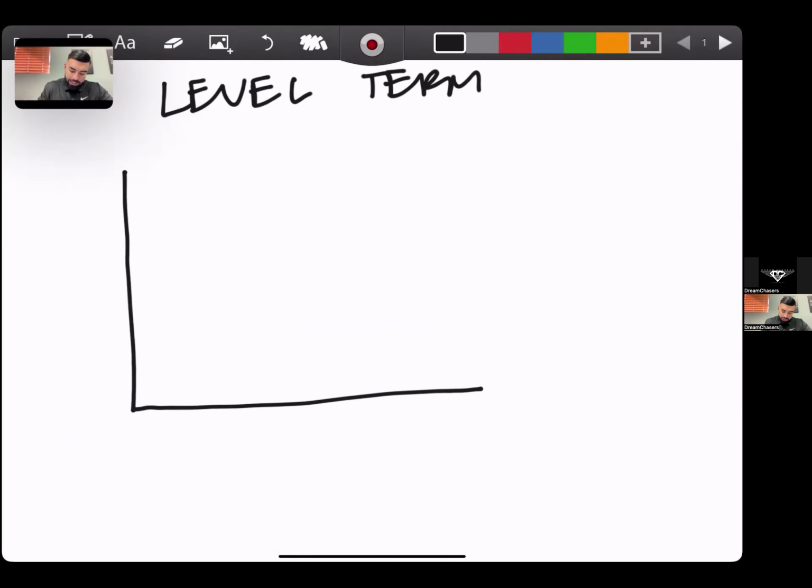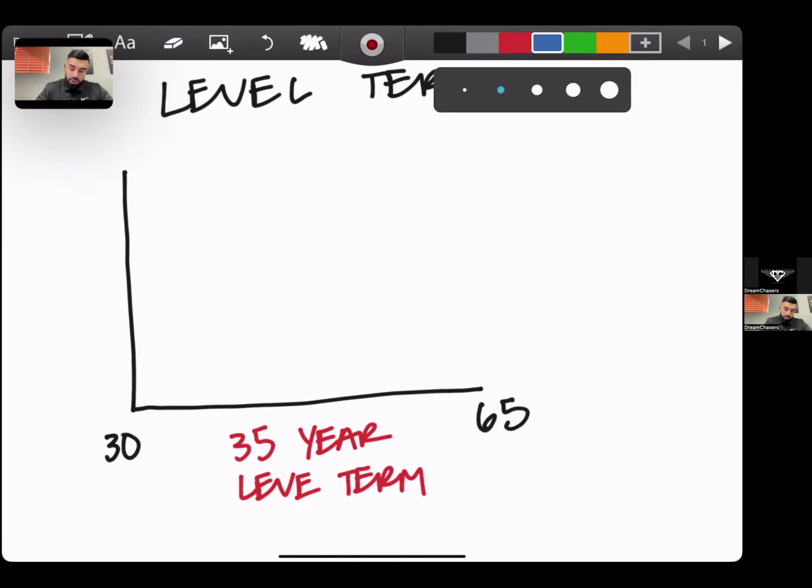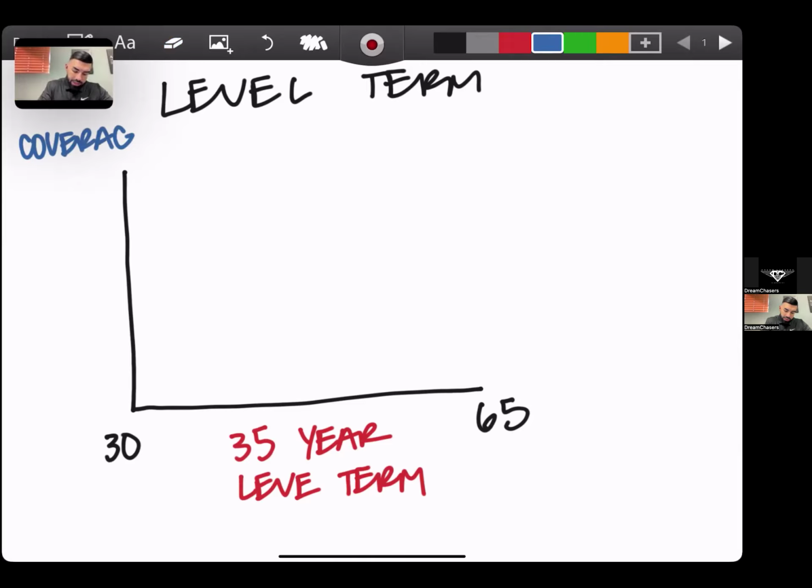And let's say I purchase this at age 30 and I purchase a 35-year level term. So that means that it's going to cover me from age 30 until age 65, right? For 35 years. So when it's level term, remember the coverage, which let's say my coverage here is